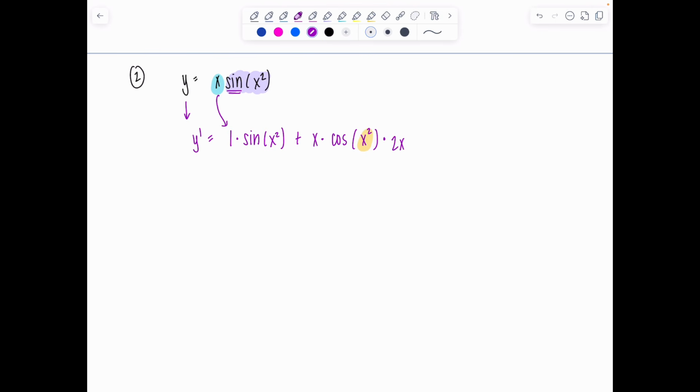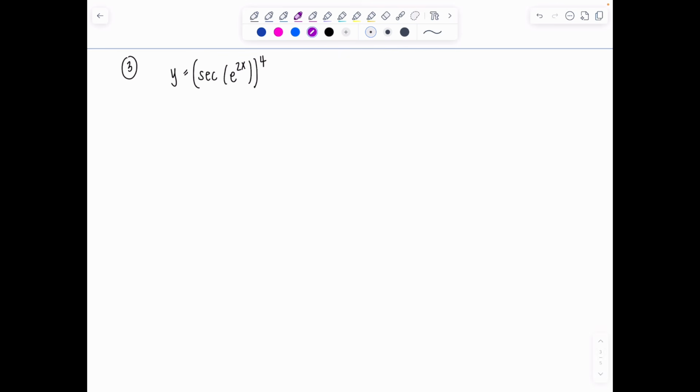Very good. And then just scan through. Can we clean up? Not too much. This is sine of x squared plus 2x squared cosine of x squared. Box it and move on. Good job. Example 3, I see so many students mess up this problem and I want to stop that for